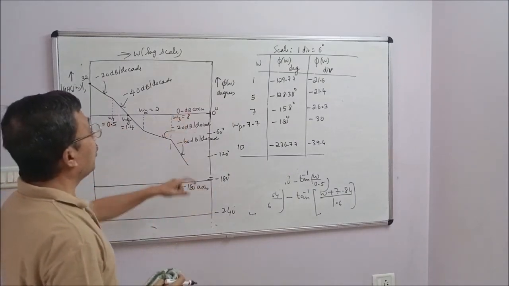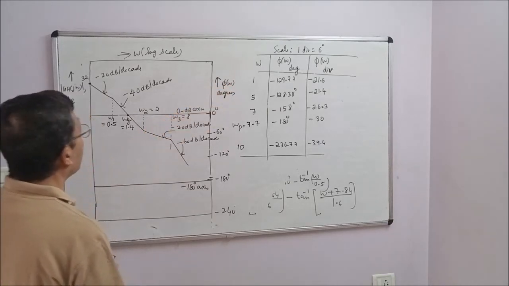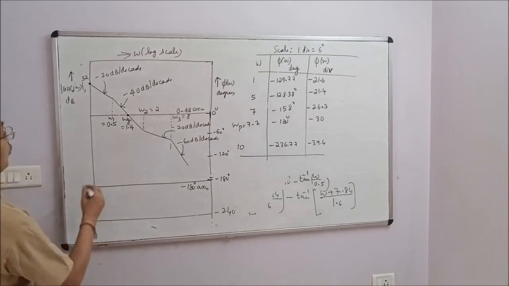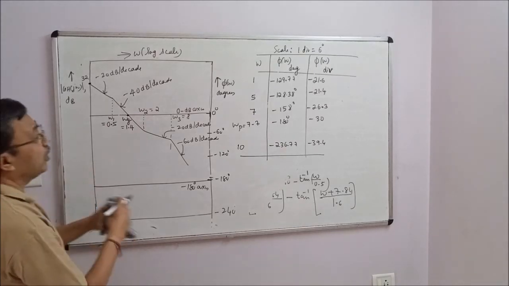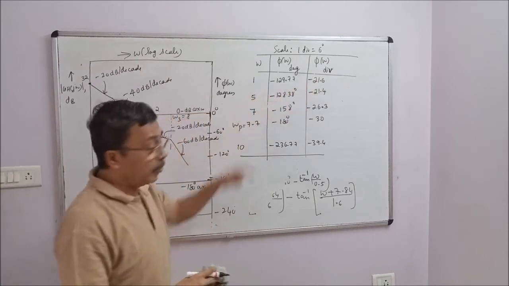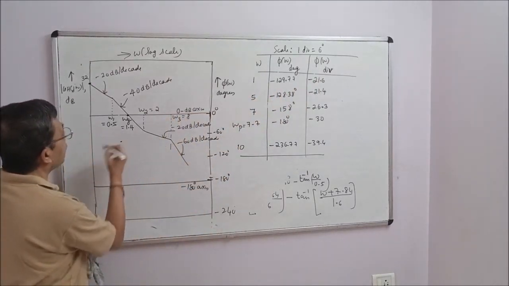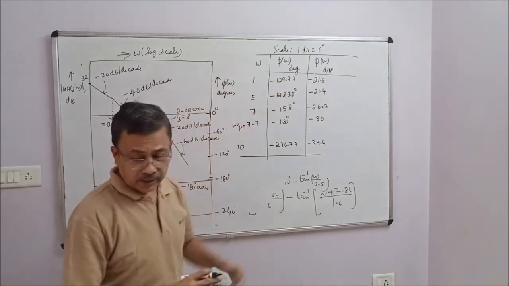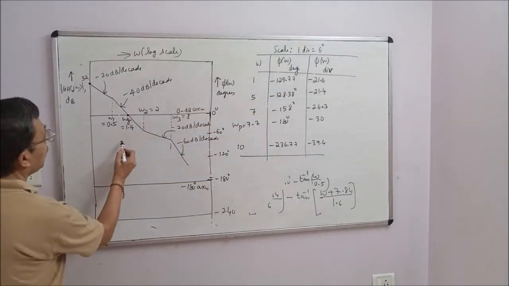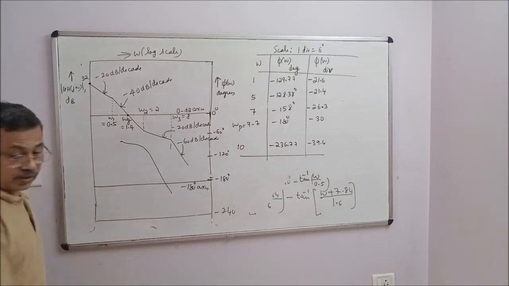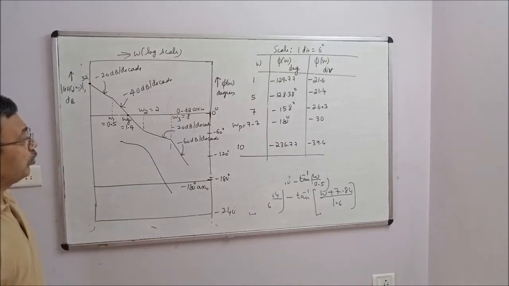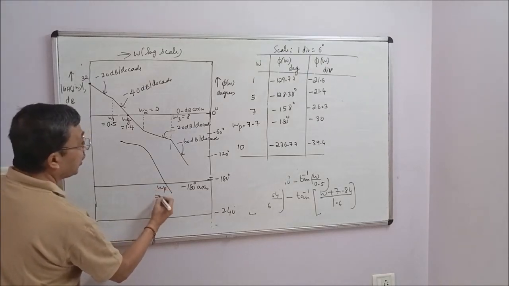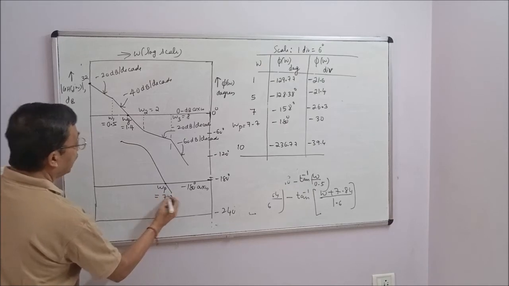Using this table, make a plot of omega versus phi of omega. So, when omega is 1, phi of omega is how many divisions? Minus 21.6 divisions. So, make a point. You may get this point. Like that, for various values of omega, mark phi of omega, join them by a smooth curve, and you will get a curve something like this. The exact shape of the curve we will know when you do it on the semi-log sheet. This is omega p, equal to 7.7.